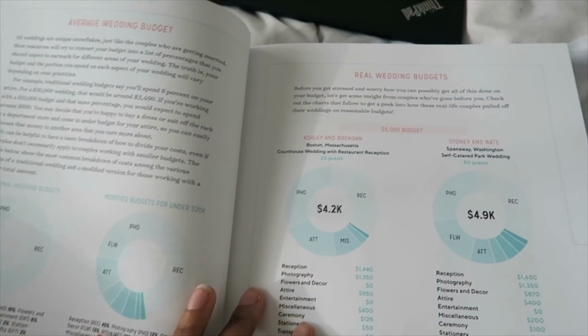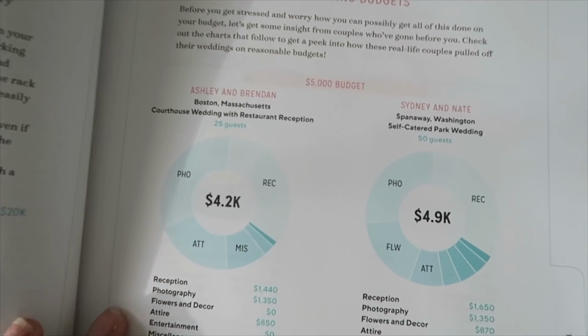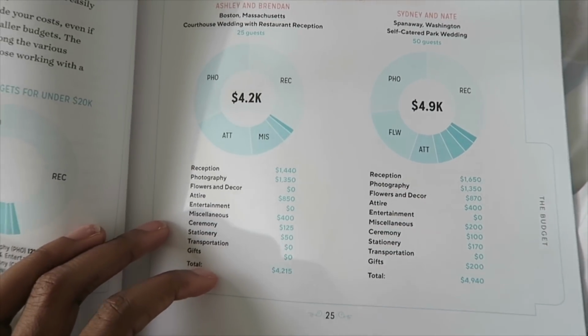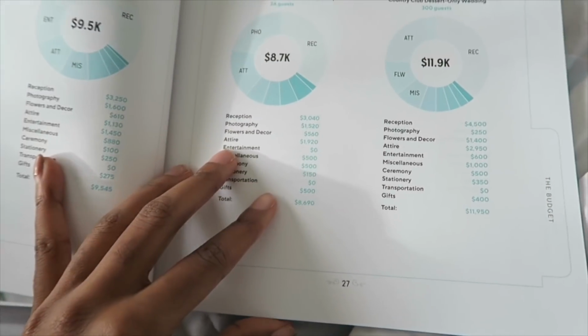Okay, so they give you examples of several different budgets. Like this is a $5,000 wedding budget, and they give you a breakdown of pretty much all the different things on the list. So let's go to...